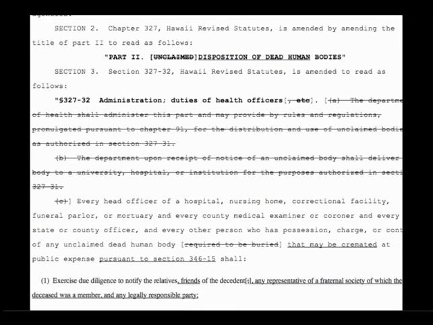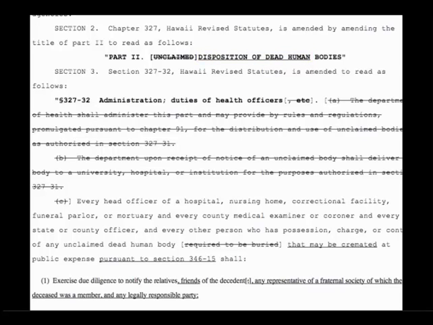And then when you get down to section 2, you'll see in the third line that the word unclaimed is crossed out. Whenever you see crossed out language in a bill, it's just like crossed out language on a piece of paper. It means that language is to be deleted. So for instance, under Part 2, it used to say unclaimed bodies, and now you have to look at the underlining, which indicates new language. Now it's going to read disposition of dead human bodies.